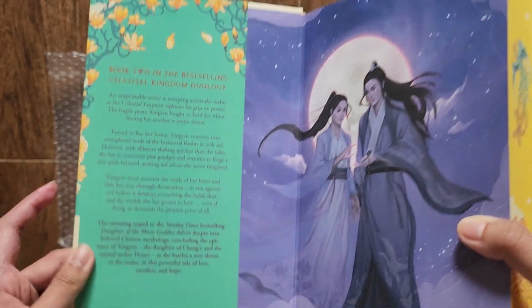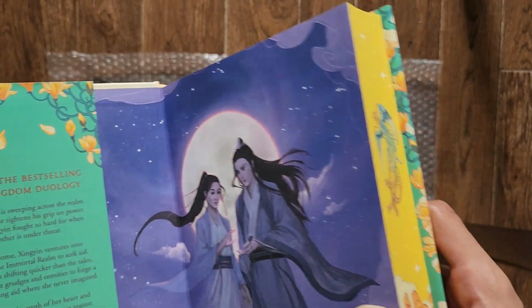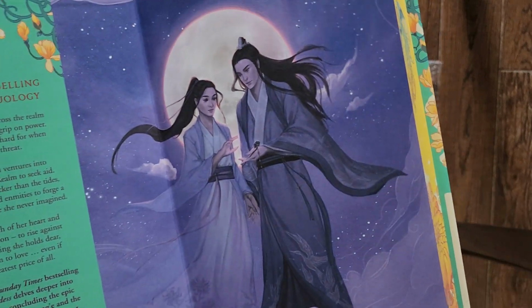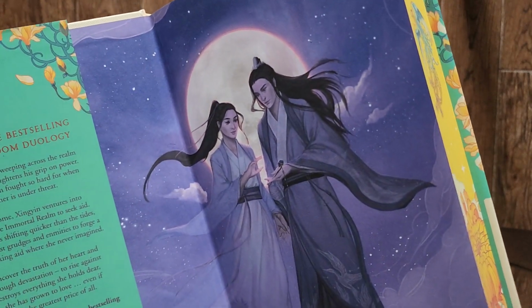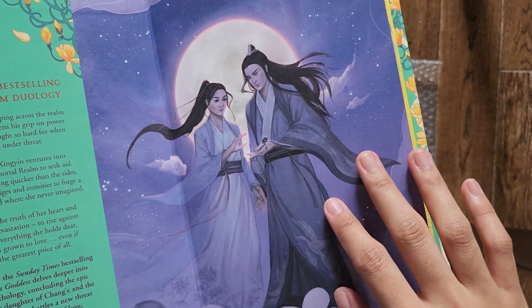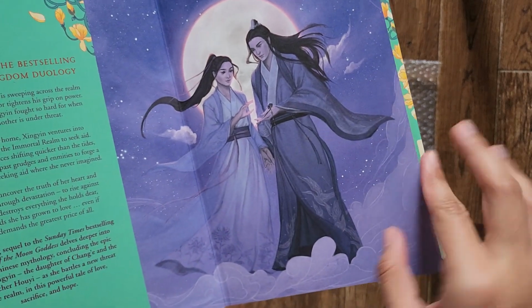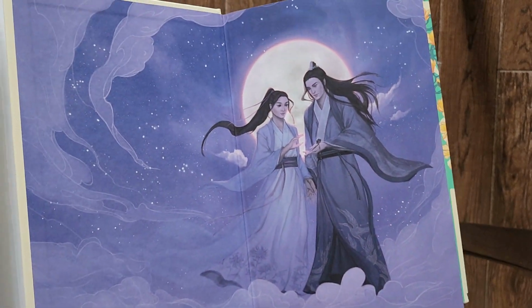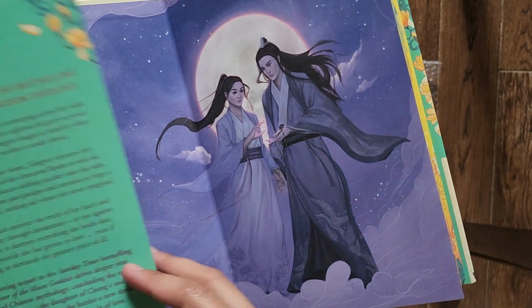Yeah. So basically this book is a duology. I would recommend reading the other one first, which I will, if I come across the first book, since I only got this book, the second one. So there's definitely that one. So more books to buy. Anyways, here we have